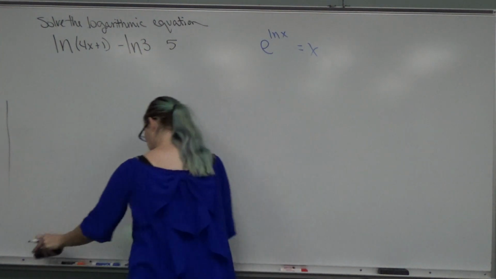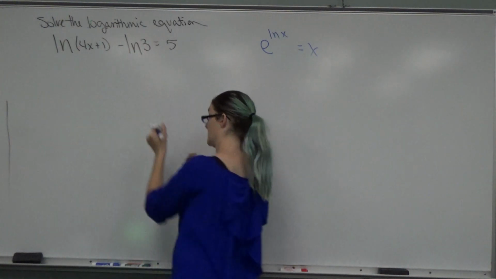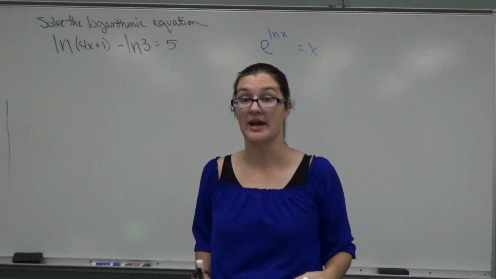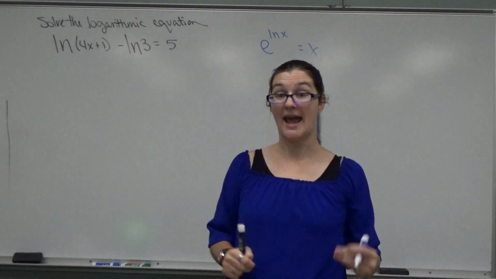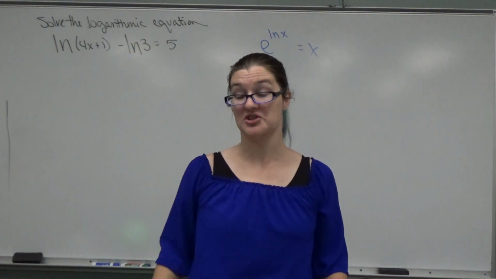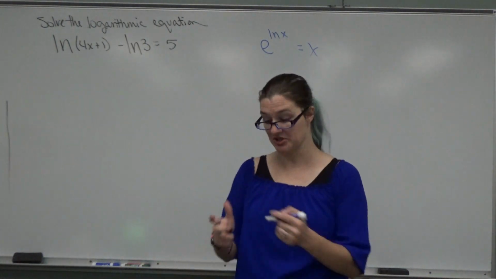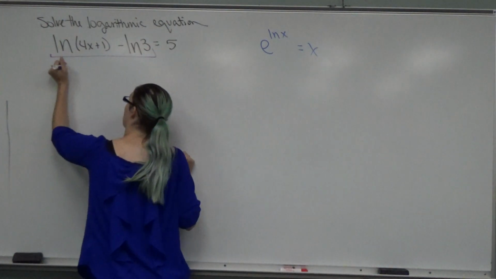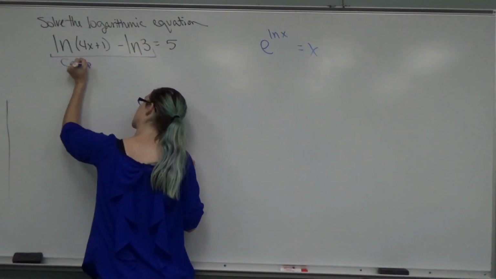What we're going to need to do is we can only do it once to each side. Once to the left, once to the right. You cannot leave any terms out. So we still have this 5. That 5 has to be affected because you've got to do it once to the left and once to the right. What we're going to end up doing instead, we're going to compress